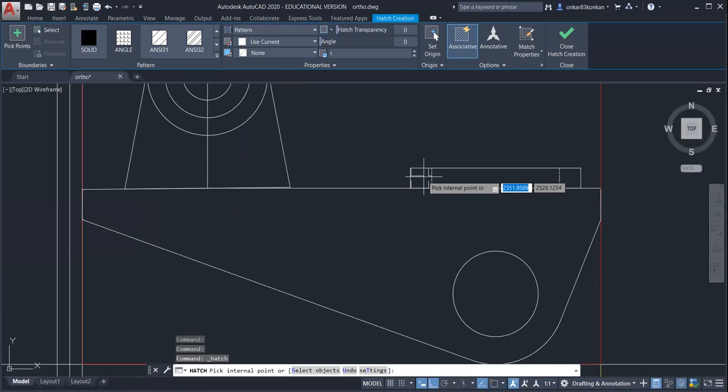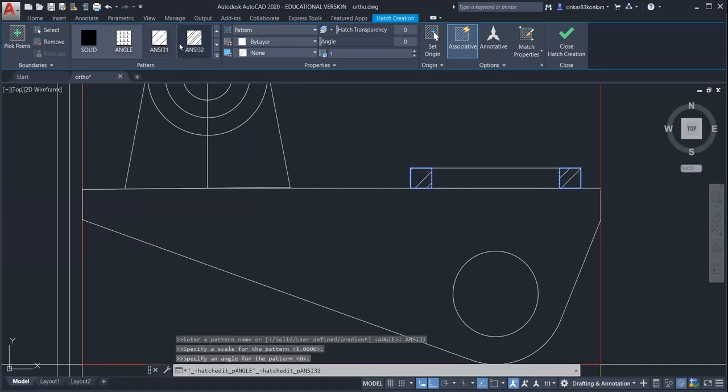So this is the region. So pick internal point. Okay. So these two regions will be hatching. And then you can select the pattern. So there are different patterns available. Okay. So select this ANSI 31 and then just click here, close hatch creation.